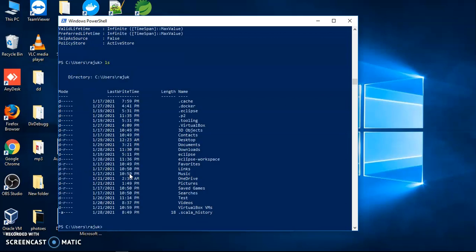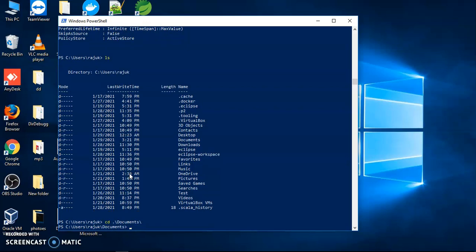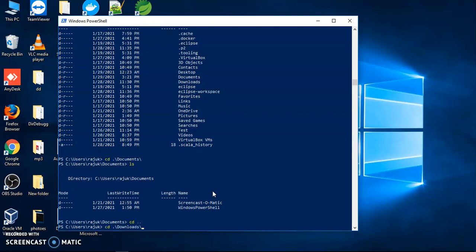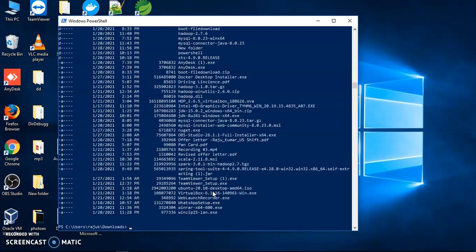You can see here it is showing Downloads. Now I am in the Downloads folder. Sorry, I have gone into Documents. To go one step back, I have to write cd space dot dot. I'm inside there. Now you can see AnyDesk is available here. I have to open this.